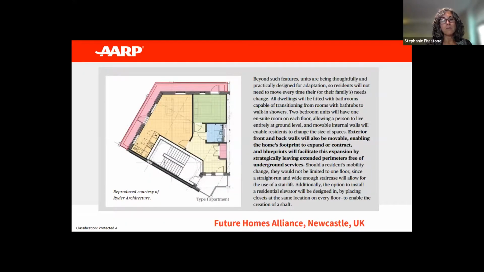So one of the key culprits of ageism, we found, is a lack of opportunities for people to regularly interact with people across generations, or intergenerationally. So this principle, that I didn't talk about, addresses that need to facilitate engagement across all generations through the built environment. This was a case study from Future Homes Alliance in the UK, where a grassroots group was begun by a professor of planning, an older woman who